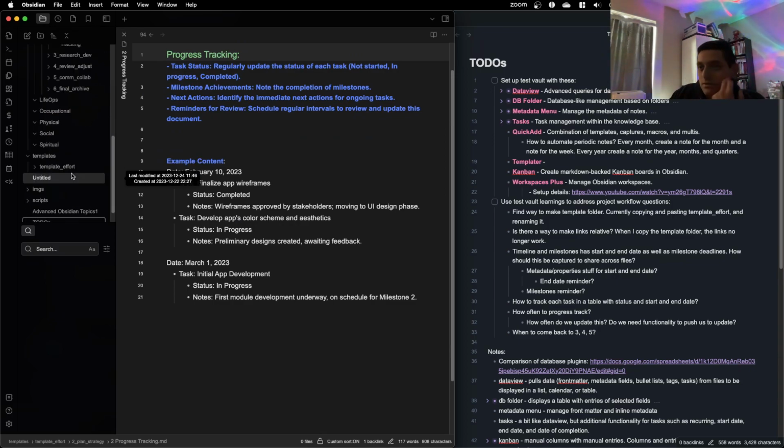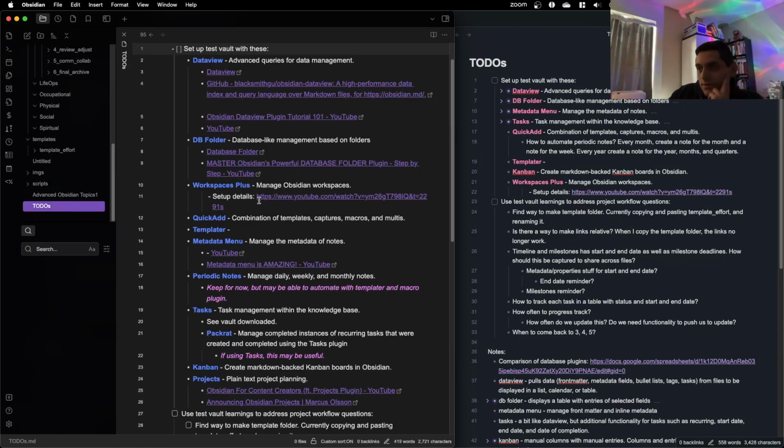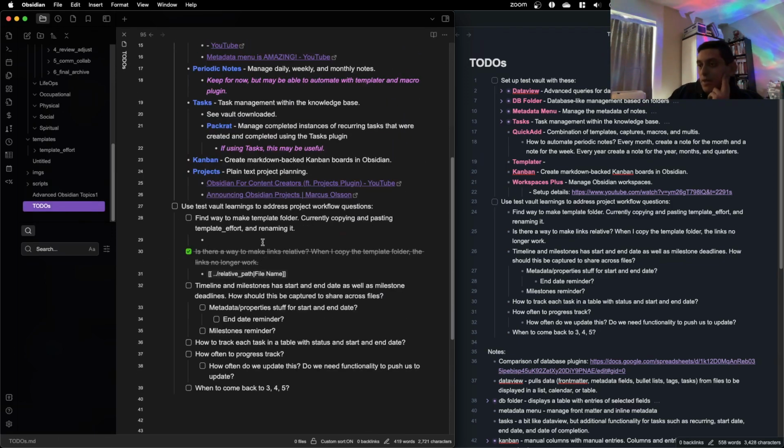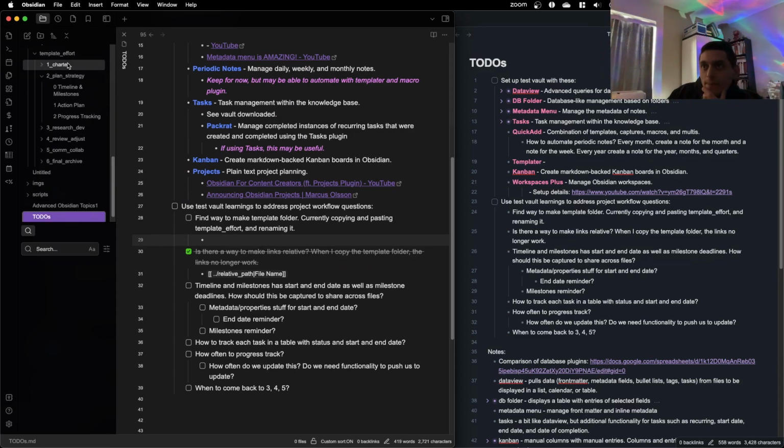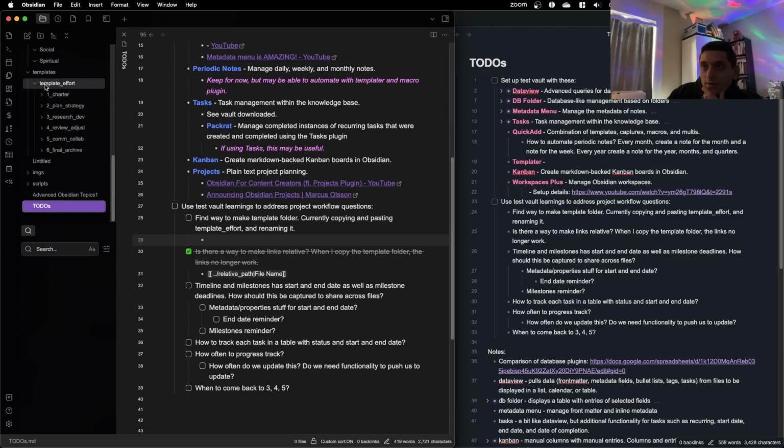Oh, in my inbox. I'll fix that link later. Doesn't matter for now. And then the next thing was, how can I have a template folder? Because this folder would be the new project name, and then all of these folders go within the project, and all of the files within these folders I need to copy over.